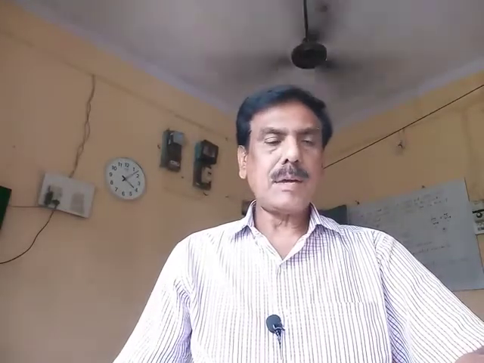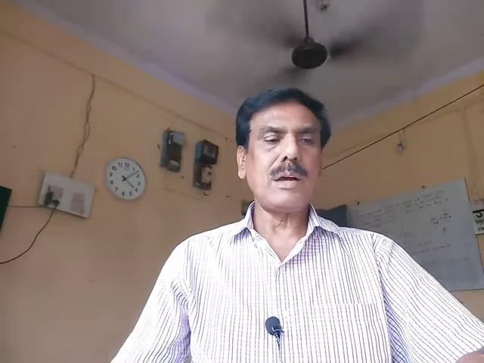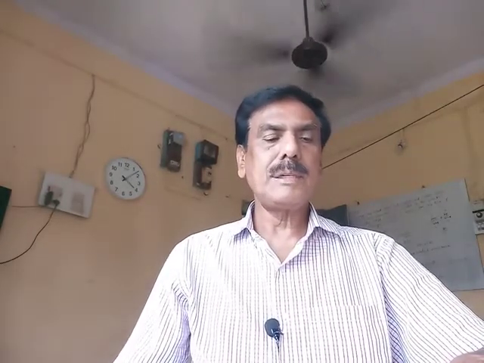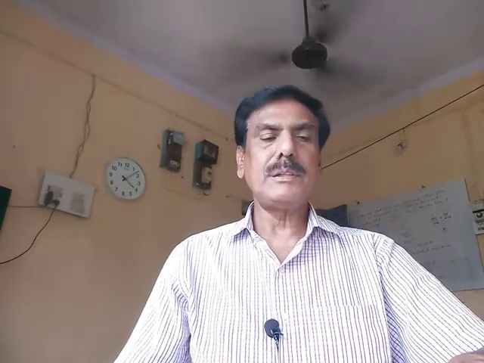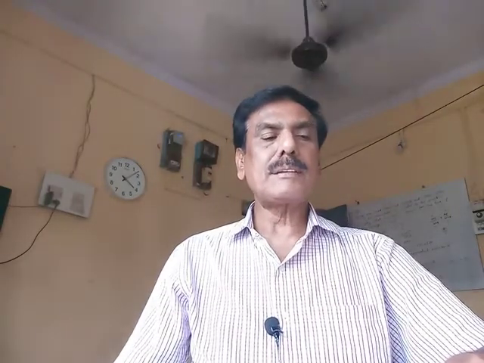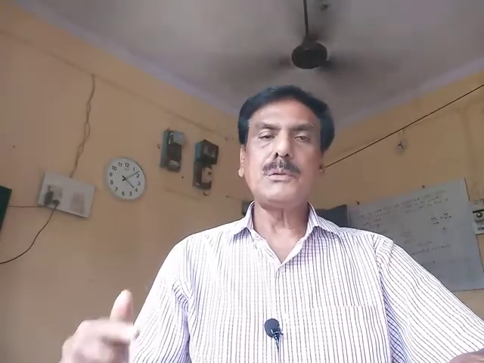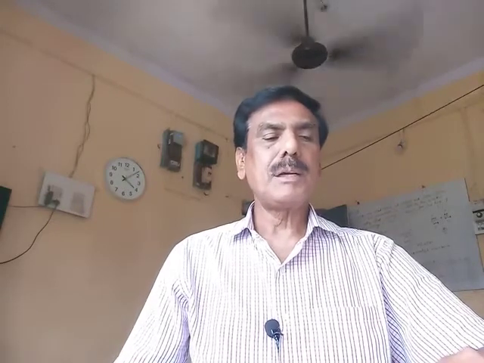In this video, I am going to tell you how to get the formula of the second law of motion. Suppose an object of mass m is moving along a straight line with an initial velocity u. It is uniformly accelerated to velocity v in time t. That means its velocity changes from u to v in time t by the application of a constant force F.